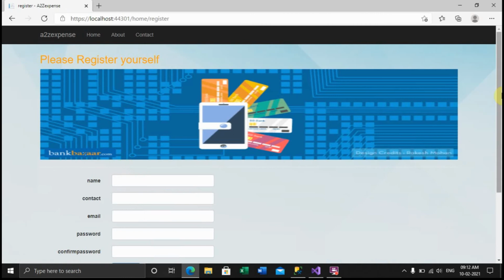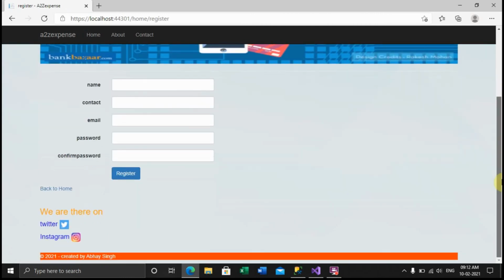Now this is the registration page I have as of now. You can see the footer and the links, everything is there because it has been worked out in the layout.cshtml page, which is known as the master page of MVC.